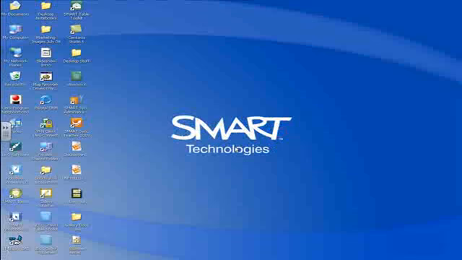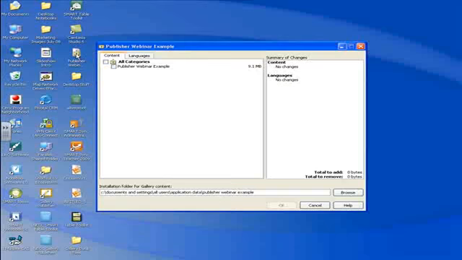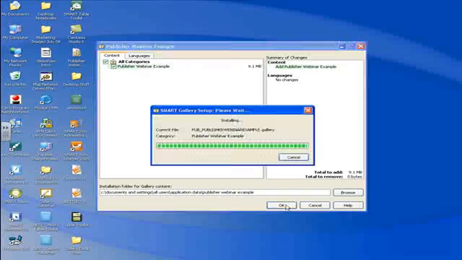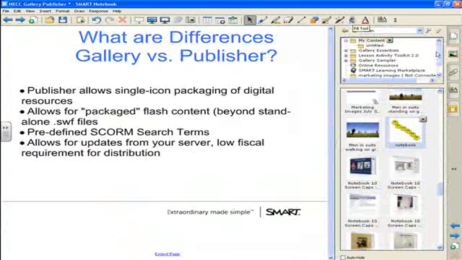On my desktop, I should now see my publisher webinar example gallery item, which is located right here. So by double clicking on this Publisher Webinar example, it's going to open up the Gallery Updater tool for Smart. By clicking on it, I see that it's 9.1 megabytes. And by clicking on that, I can now say, yes, I want to add that into Notebook. Okay. The gallery changes are complete. Finish. And now by looking into my gallery,